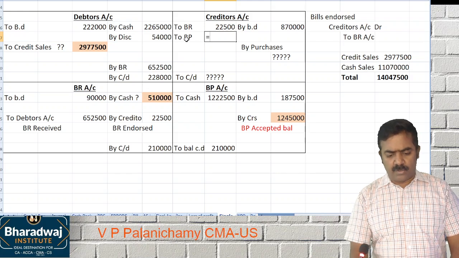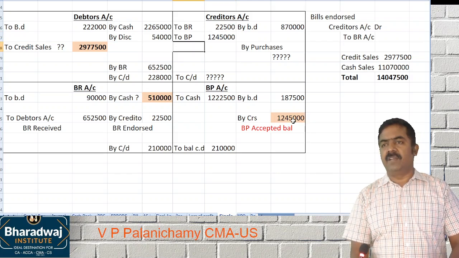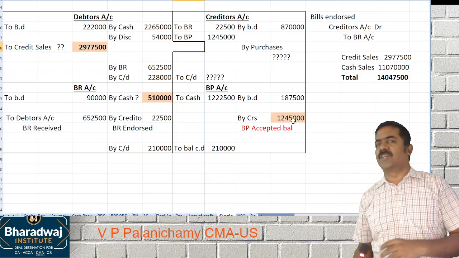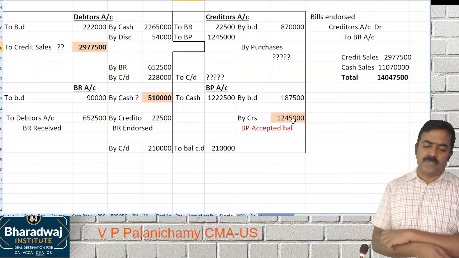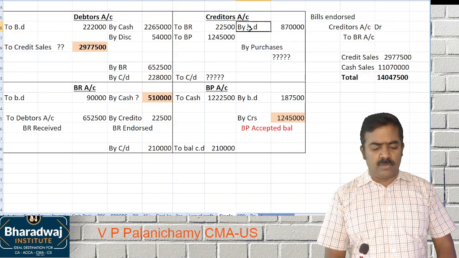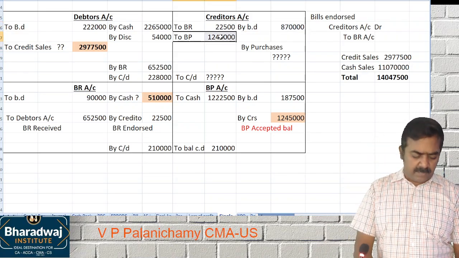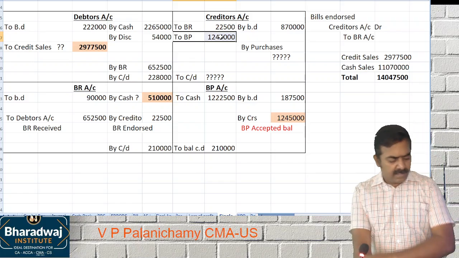See, working notes we have to solve, so that the order of solving we will understand. Don't just look at the main answer, the main answer is nothing but the working notes. So working notes you must do. Opening balance is known to us. Bills receivable endorsed, bills payable accepted is known to us. Then